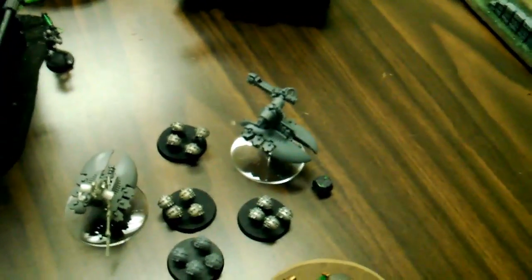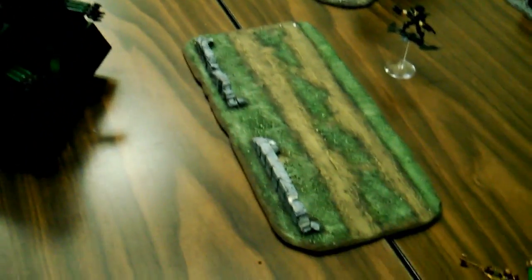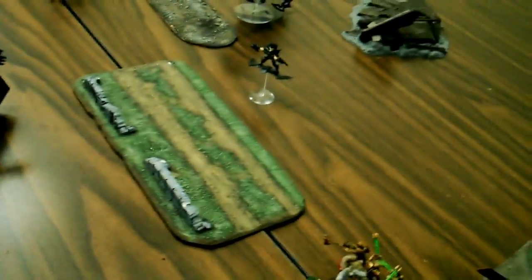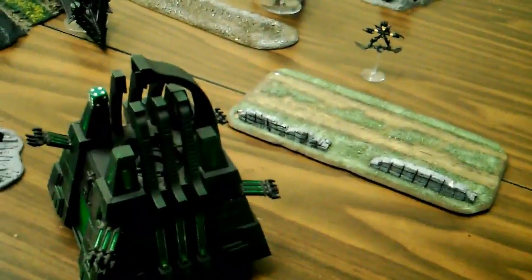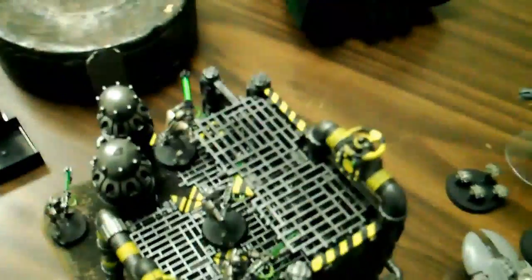Destroyer Lord fell back 12 inches. And destroyers, actually I don't have destroyers this turn. No, okay, and Monolith didn't move because it's immobilized. Shooting, Warriors